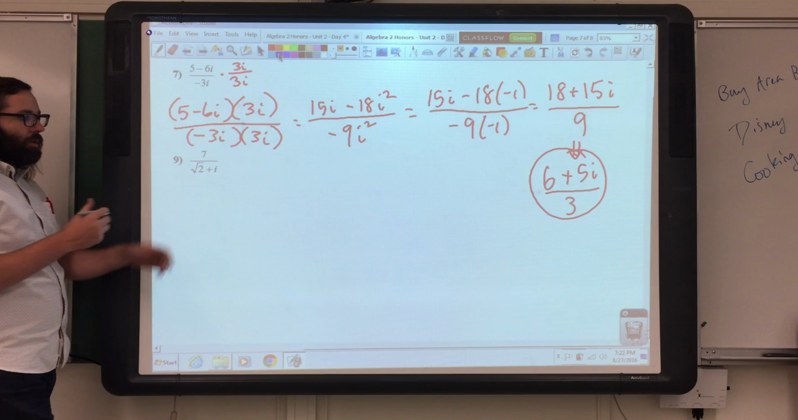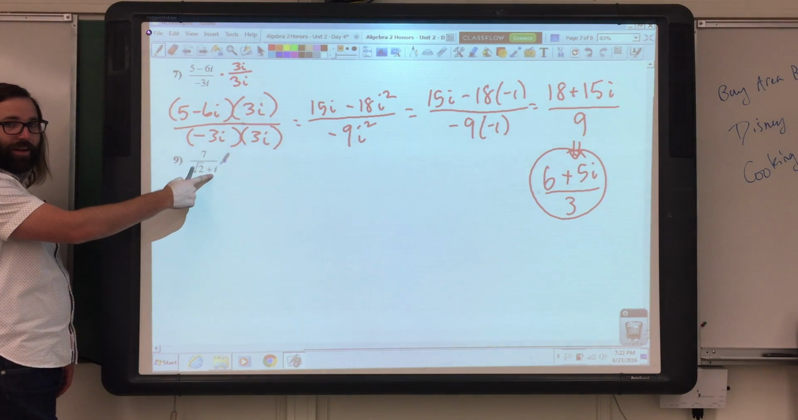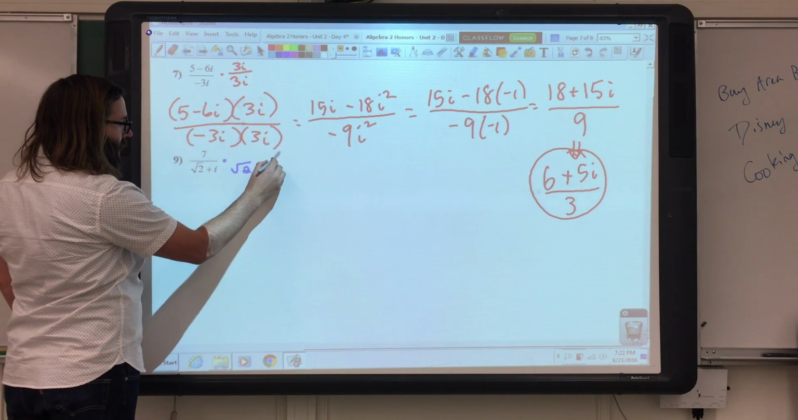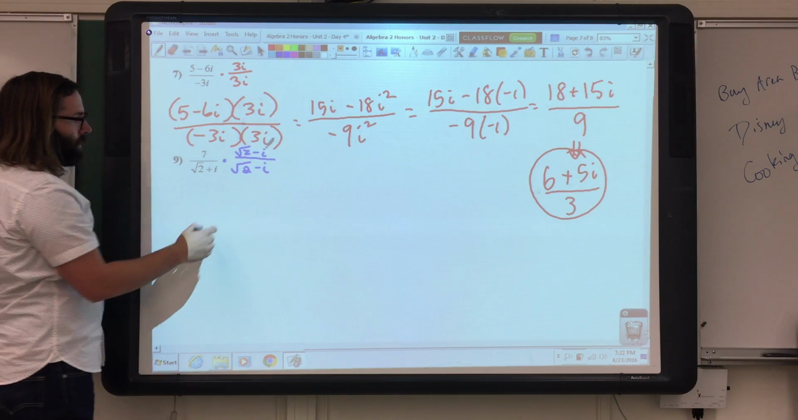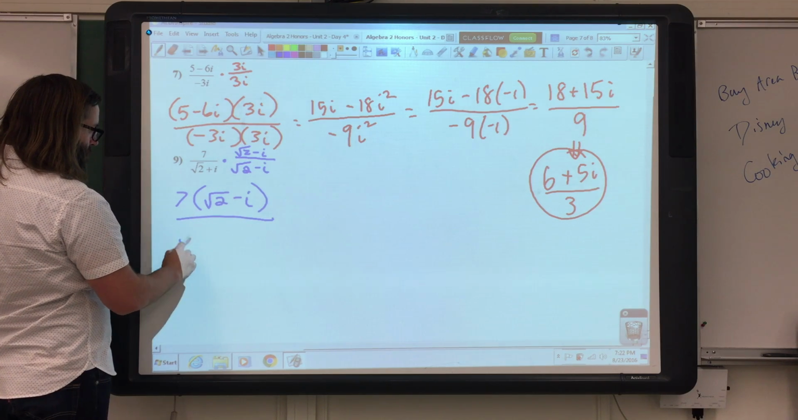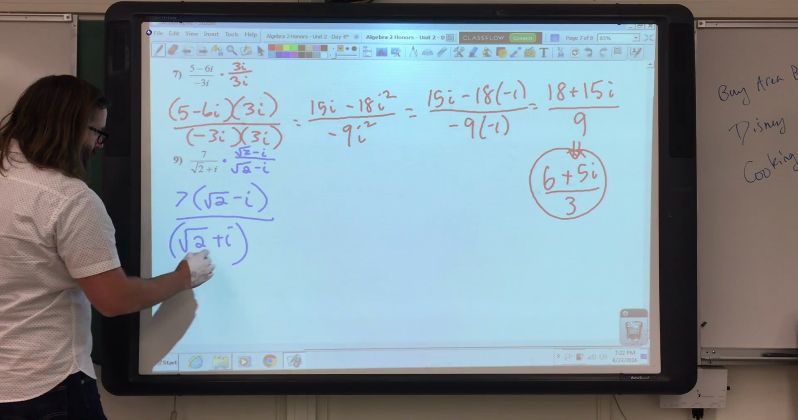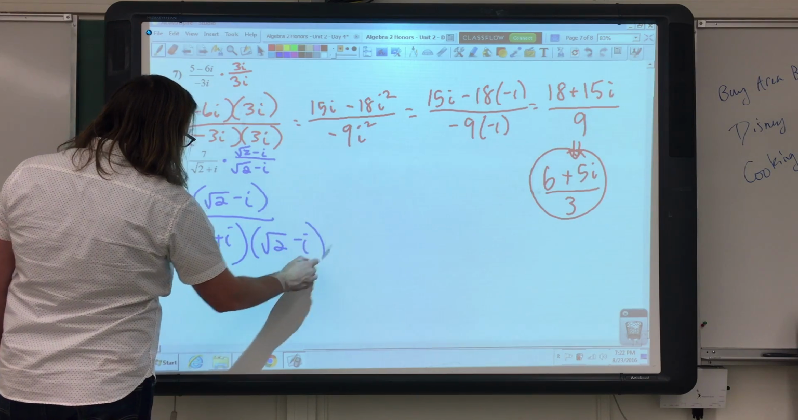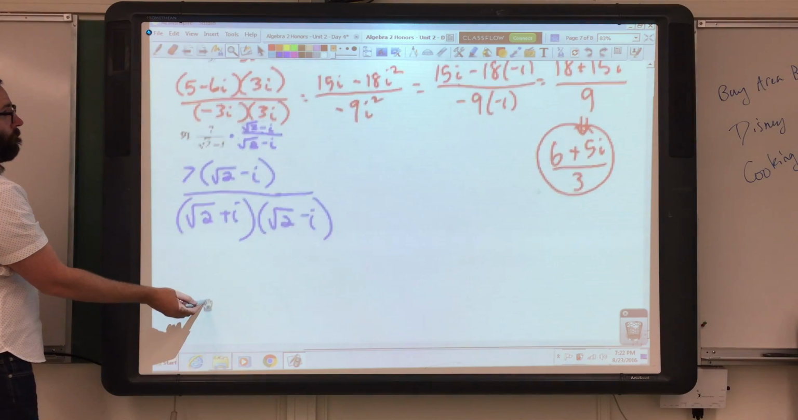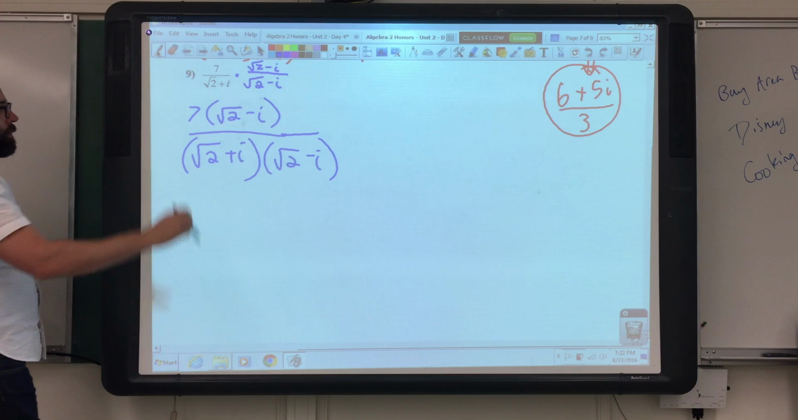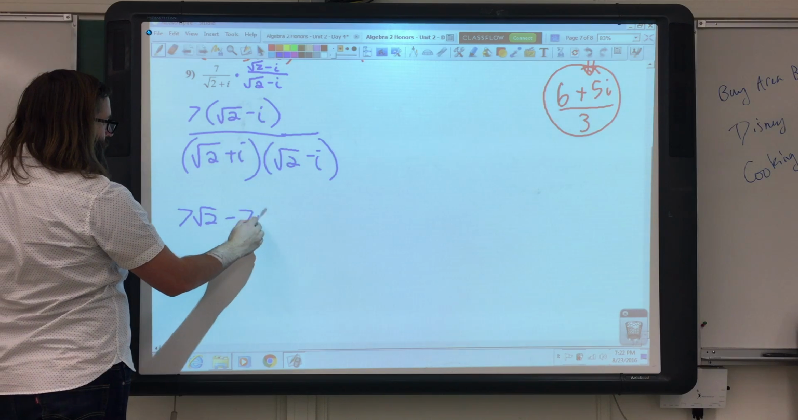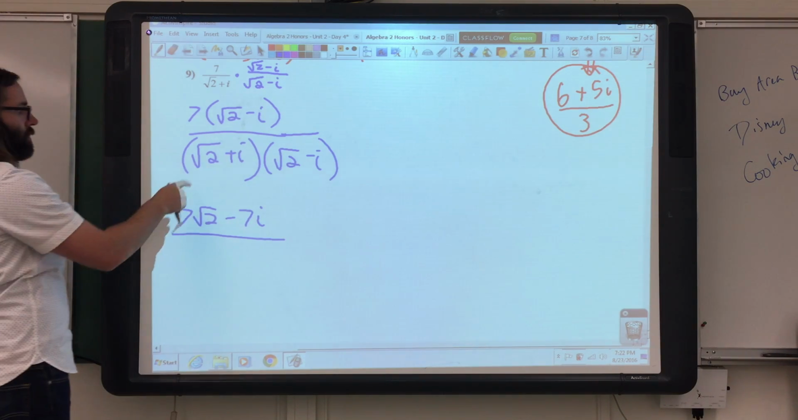So number 9, to get rid of the i down here, we're going to use the complex conjugate, which in this case is going to be root 2 minus i. When you get that, you get 7 minus i, root 2 plus i times root 2 minus i. So let's FOIL through. We got 7 root 2 minus 7i all over